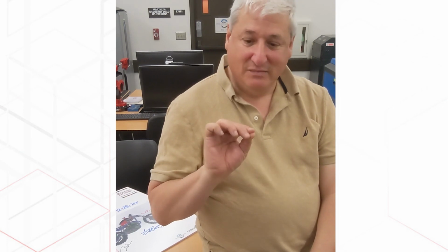So if I ever have an opportunity to have a BMF printer in this lab or any other lab and have a need to print very high resolution parts like this, their technology is